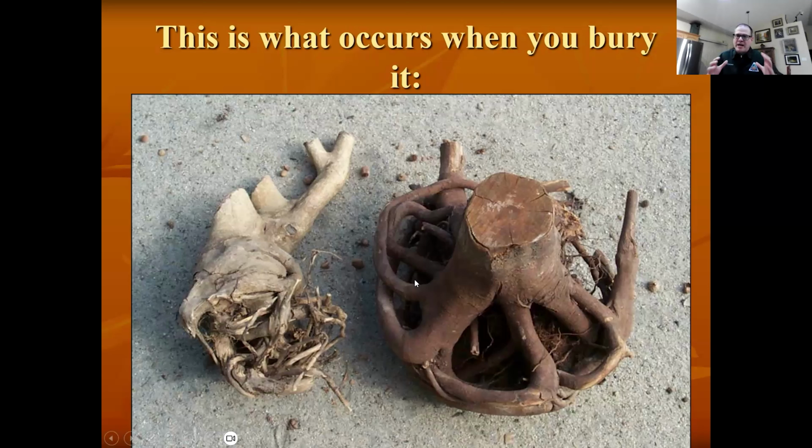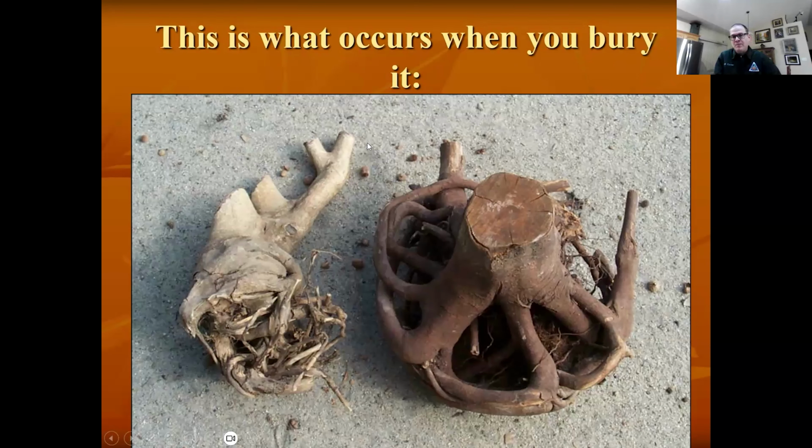Also, if they're in pots, before you plant them, take them out of the pot, and you can tell this is the size of the pot the day they planted it. And when they pulled it out of the pot, all the roots were growing around the edge of the pot because they can't get out of the plastic pot. And they didn't address that. They just put it in the hole. Well, the roots aren't going to straighten themselves out, so they just continue to grow in place instead of going out and colonizing your yard.